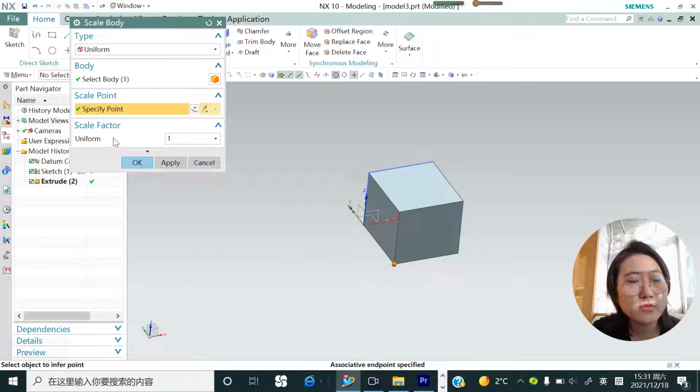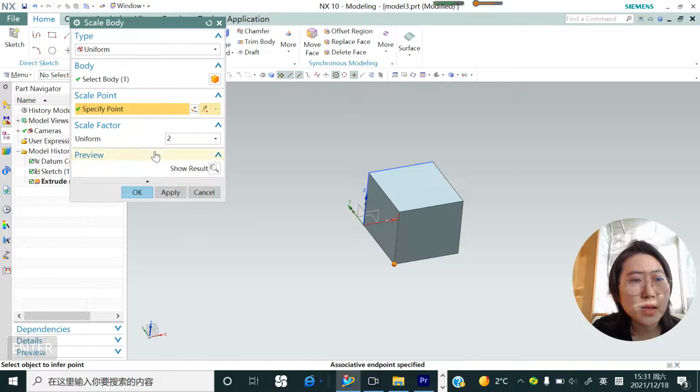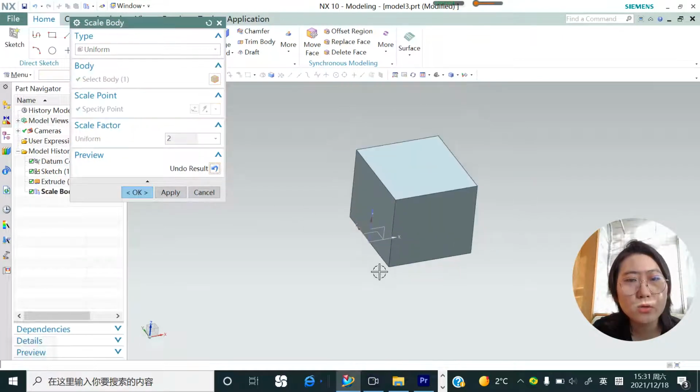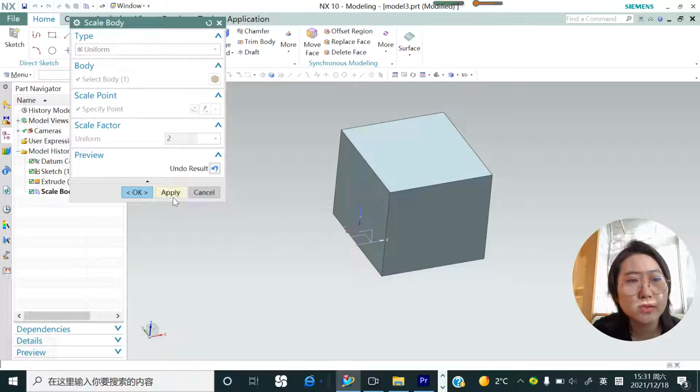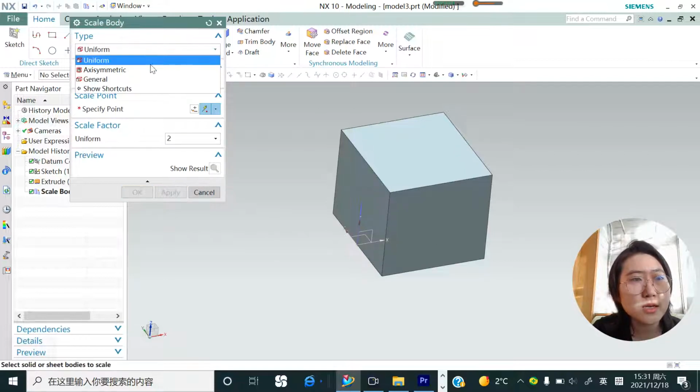And in the scale factors, let's just give the number that we want to give to this cube. Let's just type 2, and the drop-down menu will show the results so you can check how it looks after you hit apply. So it's pretty much good. So let's just hit apply, right? And let's check the second one,